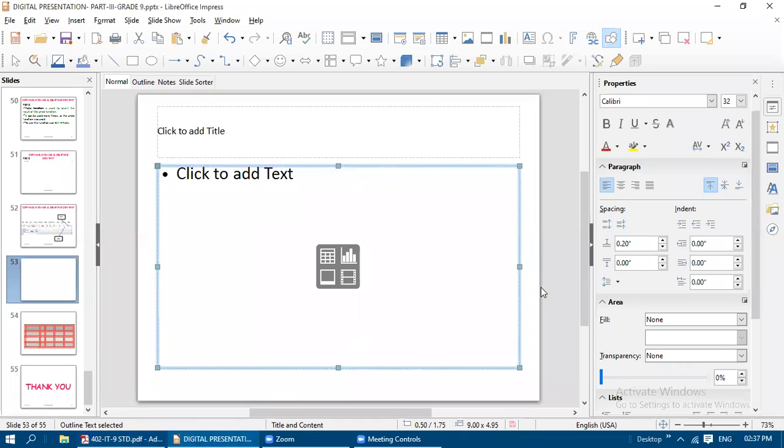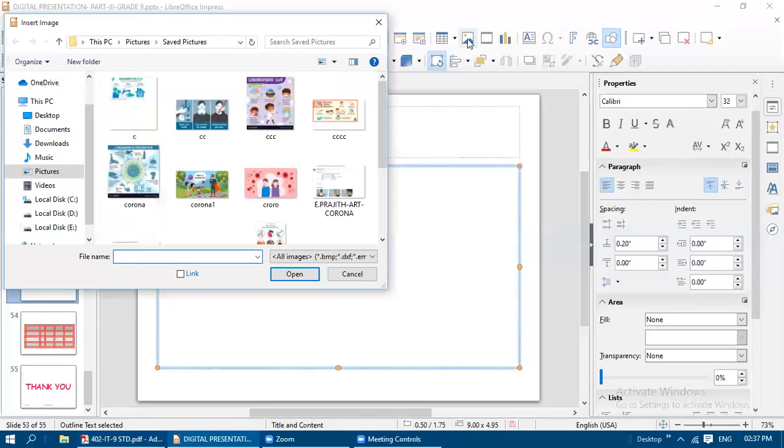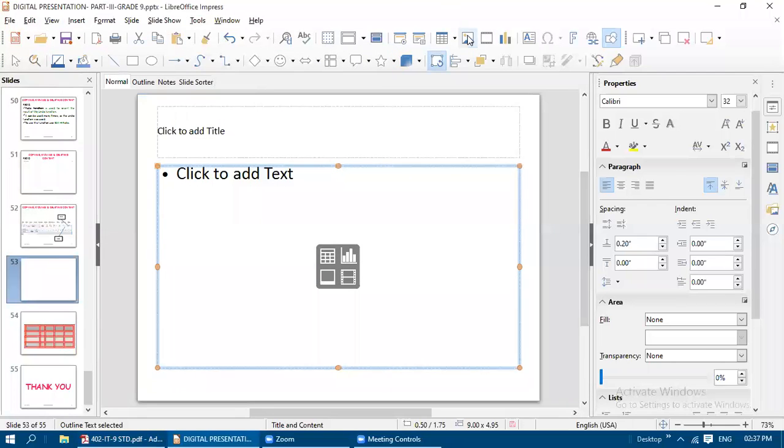I'm going to drag some picture here. Go to insert media gallery, or else you can see the same icon in this area also. See here, the same icon is available now. This is gallery. So this is the image icon actually.